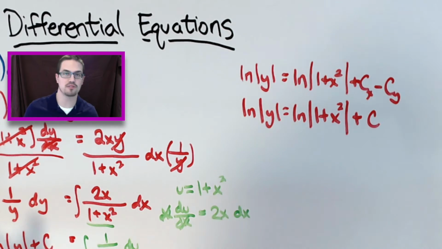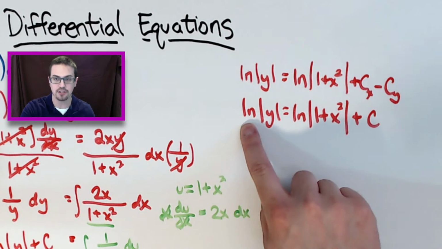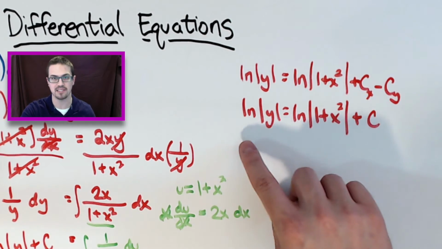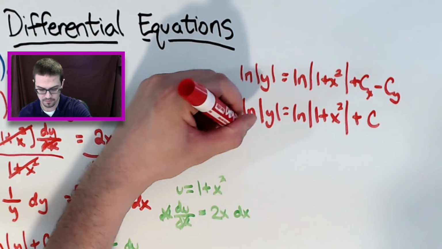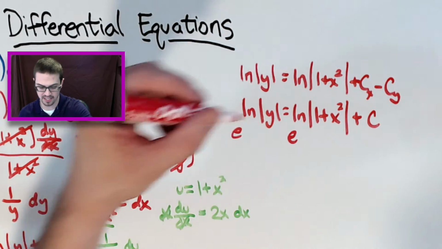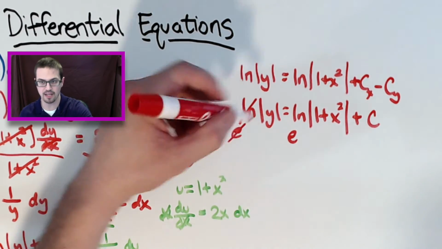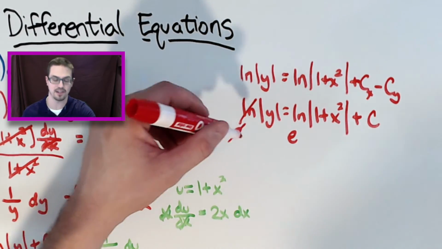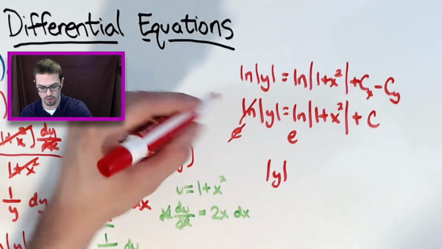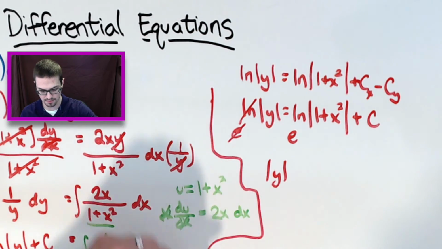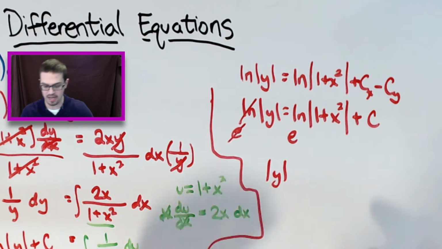Okay, from here I want to solve for x and y, and what I can do is raise both sides to the base e exponent. So I'm going to say base e here and base e here, and that's basically going to get rid of this ln right here. The e and the ln are going to cancel out, so you're going to have the absolute value of y. Let me put some lines here. So you're going to have the absolute value of y equal to,